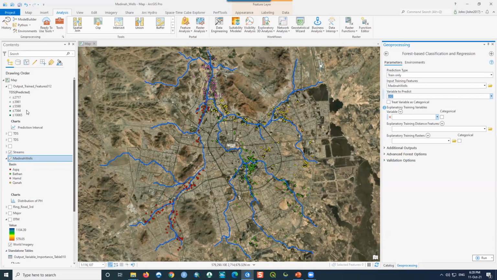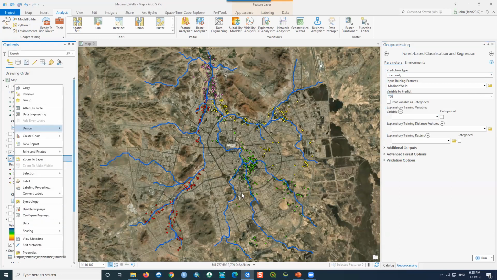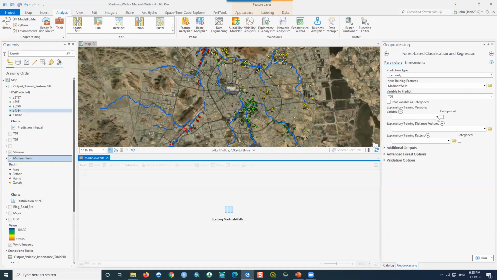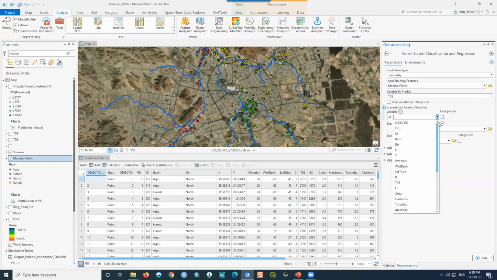I will show you the attribute table. I will select from this attribute table, for example, EC, I will select also basin, I will select BH, as independent variables.